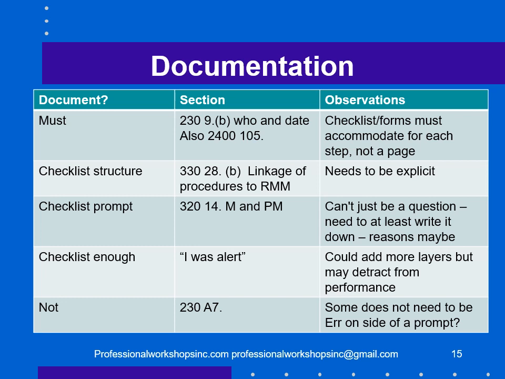working paper. Now you need to write it down, you're required, but you don't need to write down the reasons. And if you did write down the reason, in standards it's, I determined materiality by using professional judgment and considering the needs of users. And that's all you would have to write down. So actually, if you documented your materiality determination, you used professional judgment, you've also documented that you used professional judgment